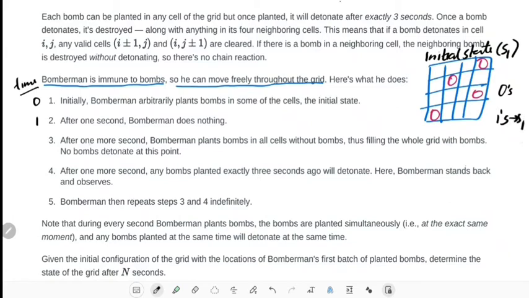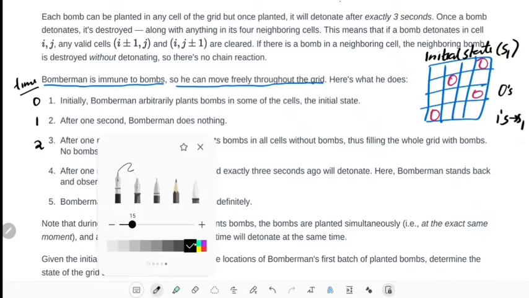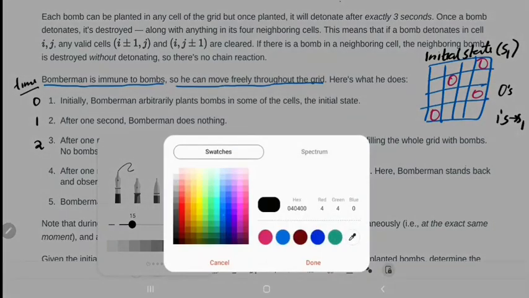Next, after 1 more second, Bomberman plants bombs in all cells without bombs, thus filling the whole grid with bombs. That means at time 2, he will plant bombs in all the cells.